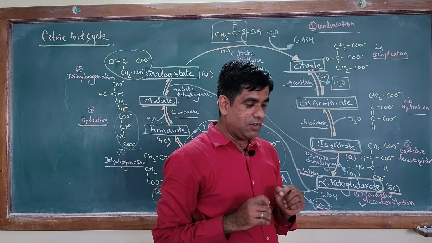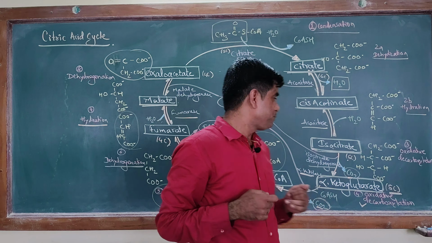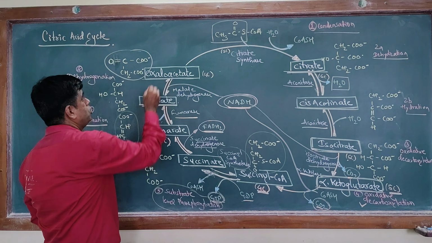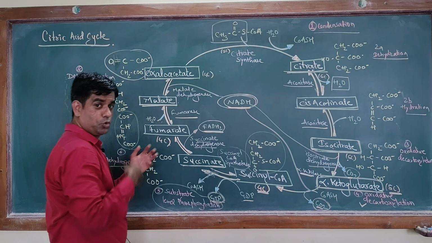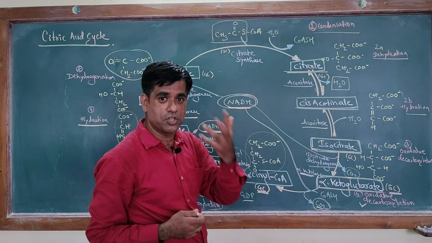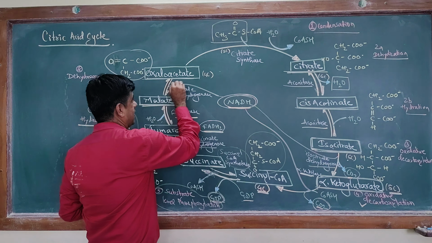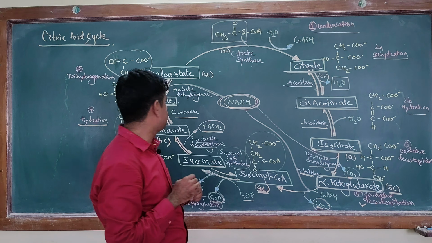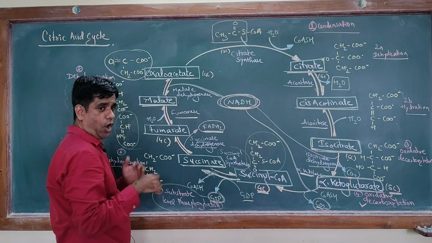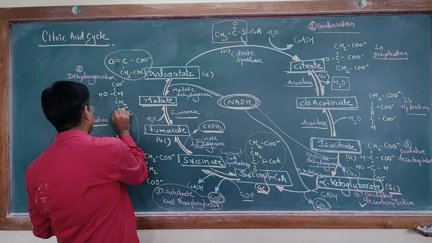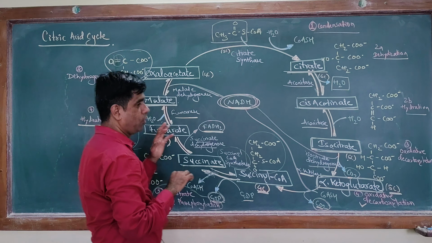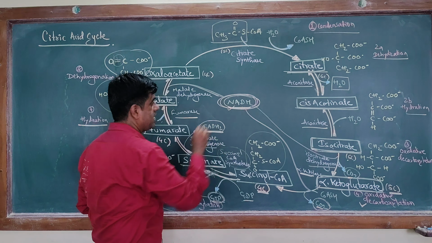Now we have come to the step where we again regenerate from where we started. You again oxidize this malate to oxaloacetate. During oxidation, there will be loss of electrons, loss of hydrogen. So again, you have the acceptor NAD, and again there is formation of NADH and H+. So malate dehydrogenase oxidizes your malate to oxaloacetate. So there is an oxidation. Here there is an introduction of this double bond and there is formation of NADH and H+, and